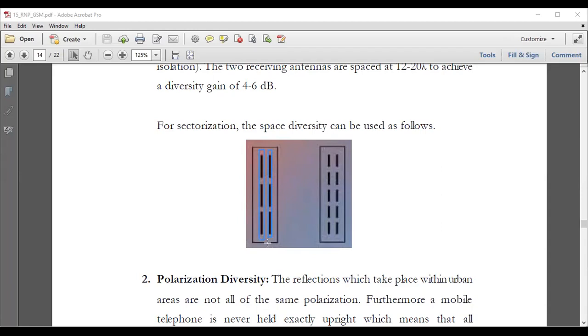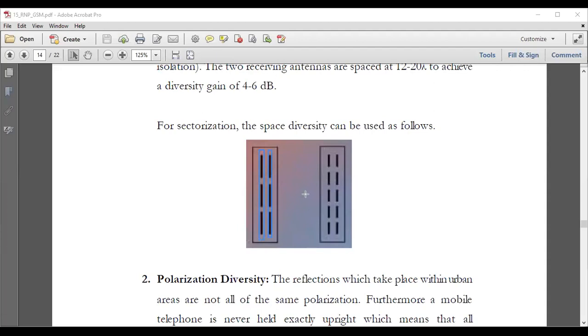The signal diversity that we have just explained is used in monitoring the reception at these two antennas, and this may be used for 900 megahertz band support, and for 1800 megahertz band support you need another set of